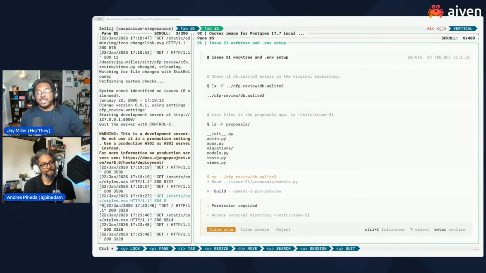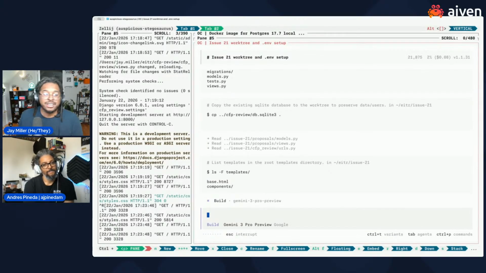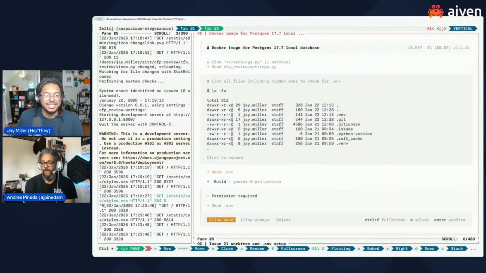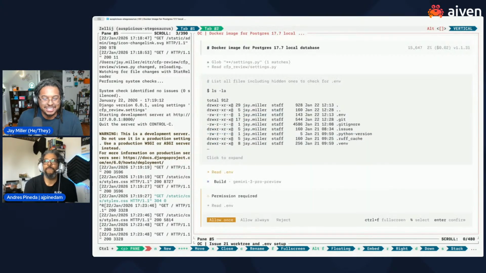But then eventually, you do get to a point where you're like, all right, PRs are good. We need to be doing PRs. Like why is it copying over the existing SQLite database? That's fine. Yeah, I love PRs, and I tell people that even for solo developers, PRs